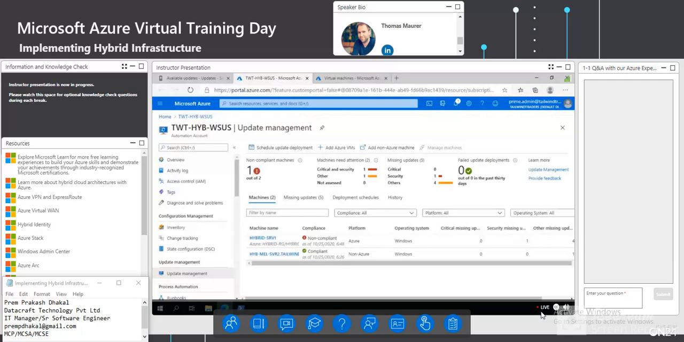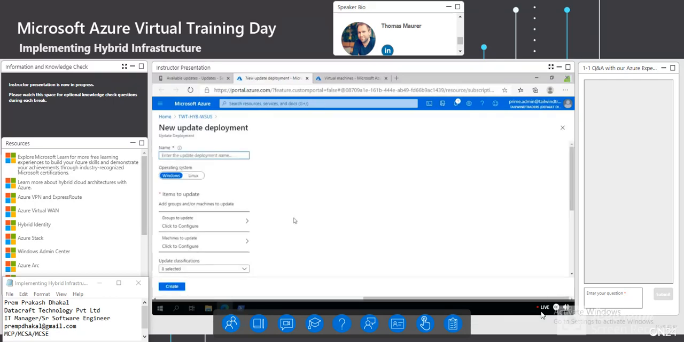So this again will then download the agent and join it to the specific Log Analytics workspace. And if we go then to Azure, to our automation account and the update management solution, we will now see here our two machines. One of them running in Azure, the other is a non-Azure VM. And one of them is not compliant. So let's fix that and create a new update deployment. We provided the name. We can select